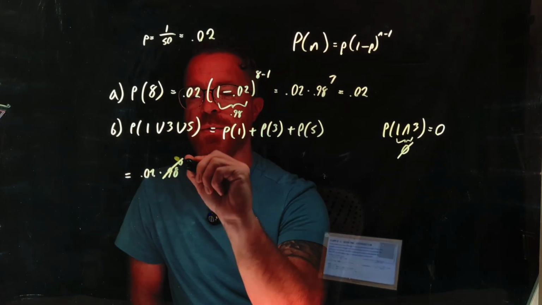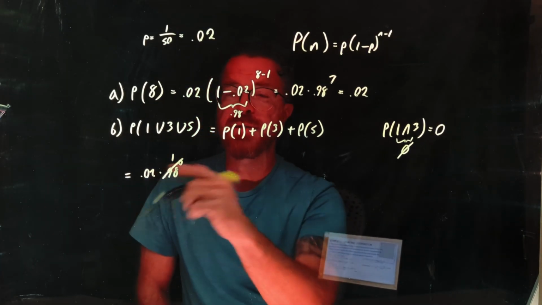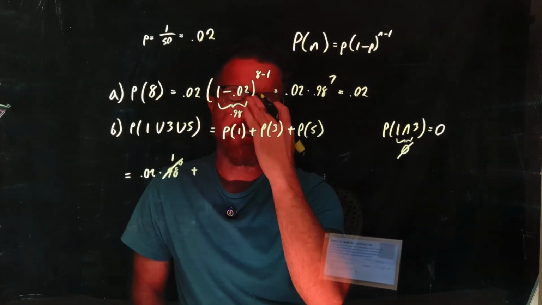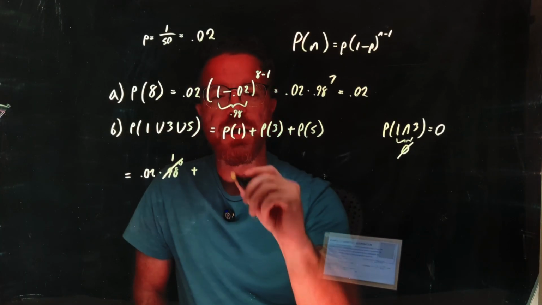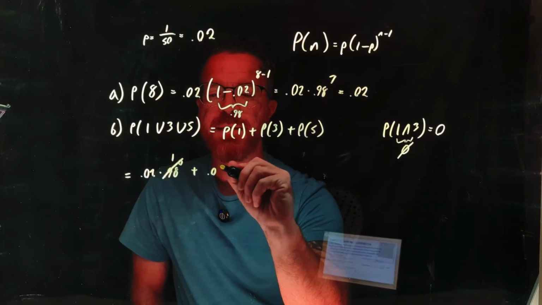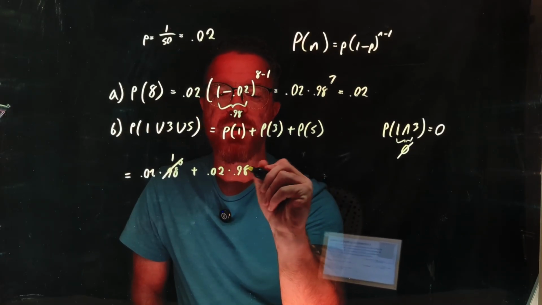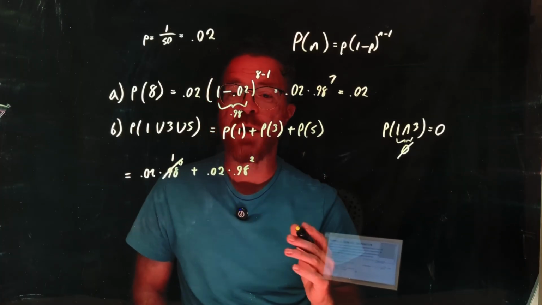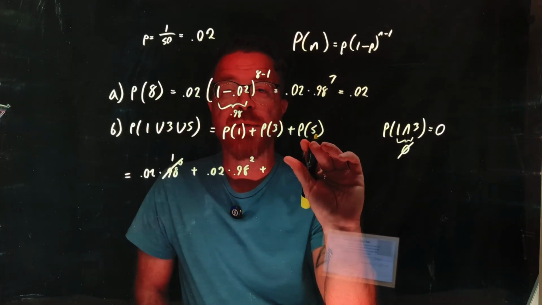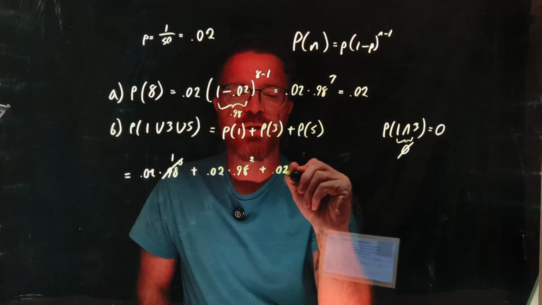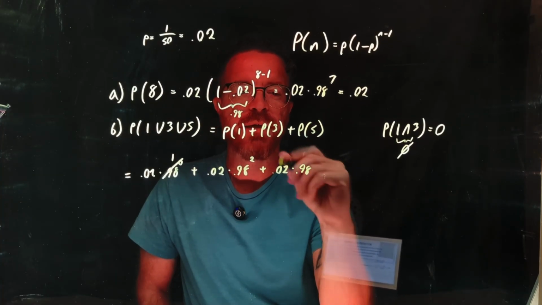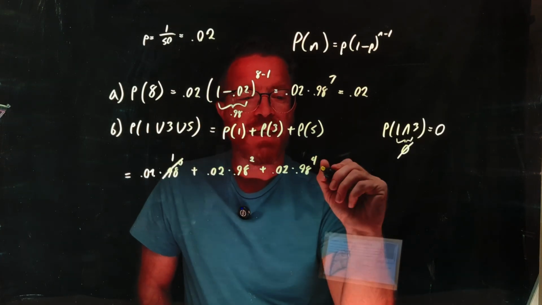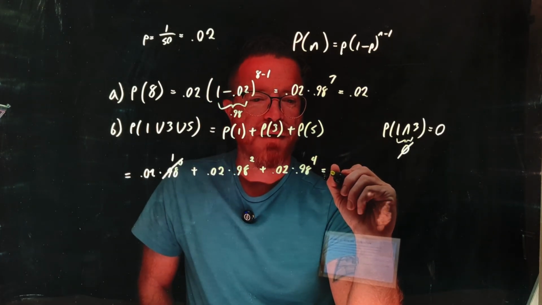So of course, this is going to just become 1, and this first term is 0.02. Plus, now we're doing the probability of our first faulty bulb being on our third turn. This is going to be the probability of success, 0.02, times the probability of failure, 0.98, to the n minus 1. 3 minus 1 gives us squared. And then the probability for the 5th turn would be 0.02 times 0.98 to the 5 minus 1 equals 4 power. So doing all this, we would get a value of